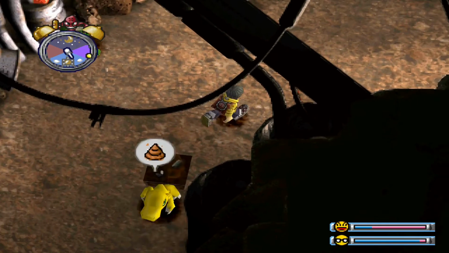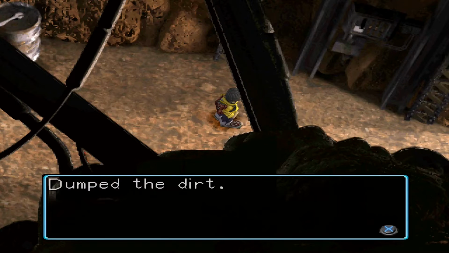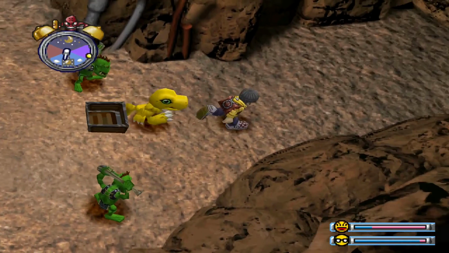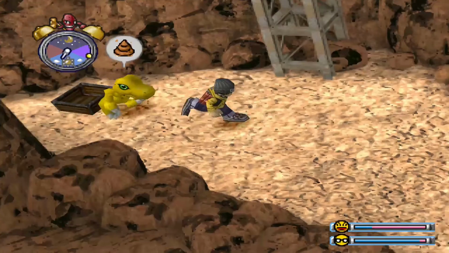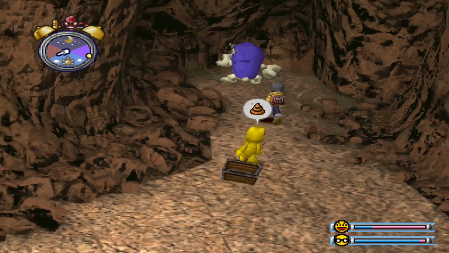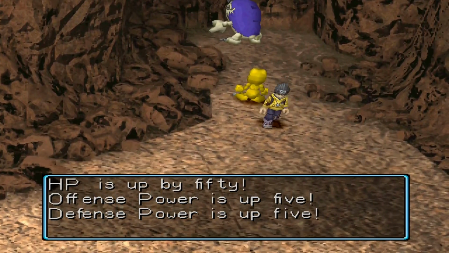You could do 2 of these runs very quickly in an hour. So if you do it really quickly, you could definitely bang it out, get 2 of these done in an hour. Now, if you think about it, every time you do a training, it's an hour in game. So essentially, you're getting 20 plus stats doing this dirt pile as compared to doing an actual training session, because you're getting 5 attack, 5 defense, and you're also getting 50 HP. So with that being said, definitely recommended doing it. Like I said, you could bang out 2 of those in an hour, and hopefully